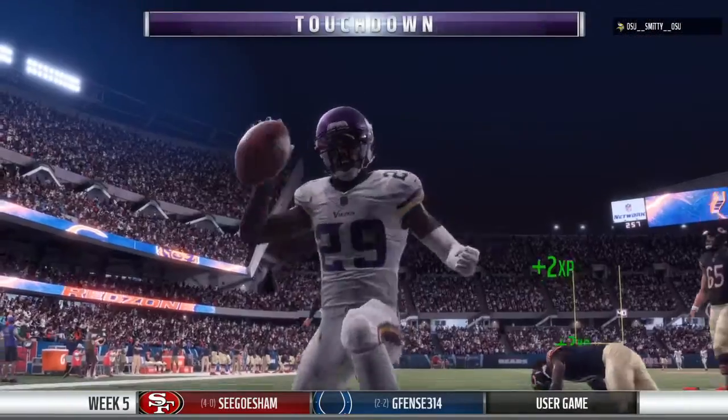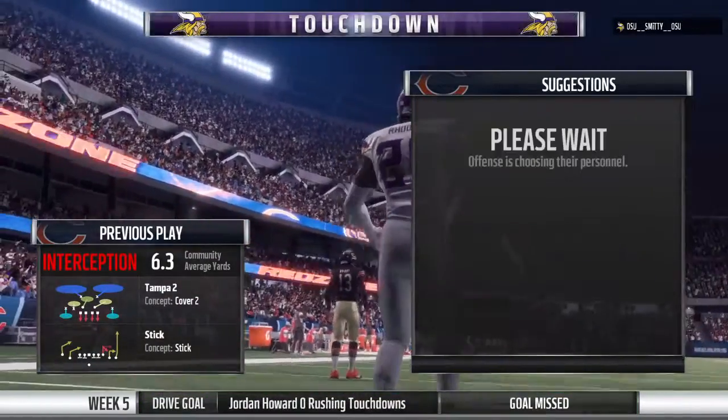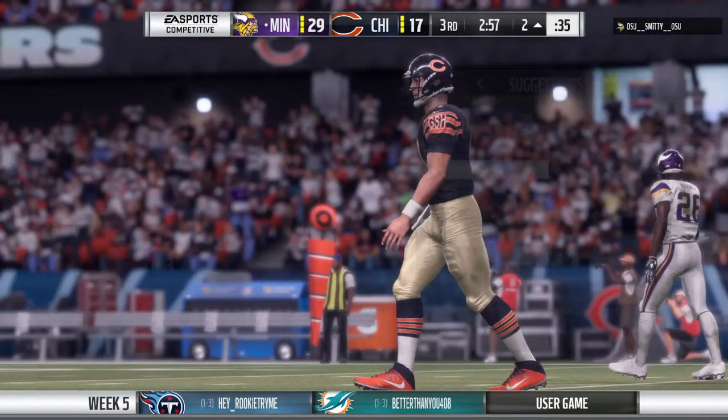And he's going to score. It's a Viking touchdown. Well, we know this defense has athleticism. Spots like that prove us right. I love the way that you